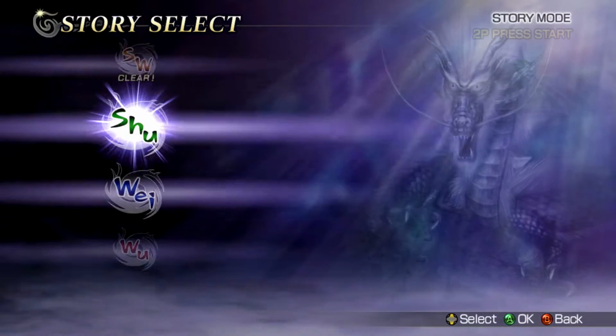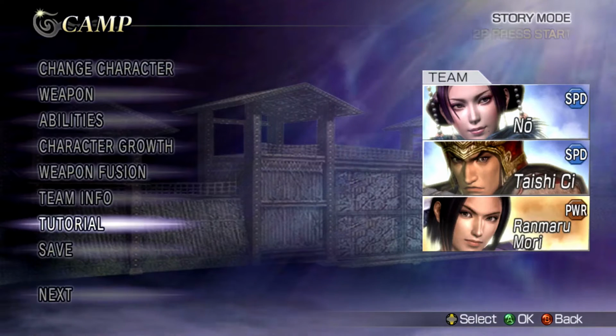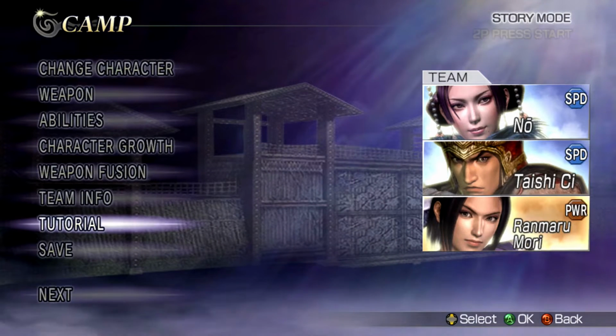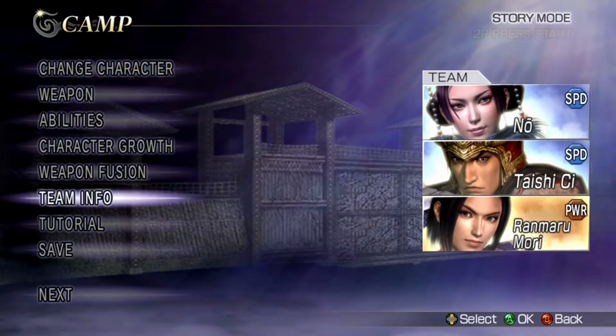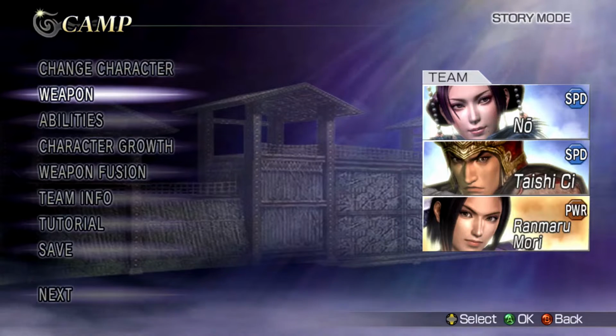So, we've been continuing the Wu campaign. And we've got a nice lineup of characters here. We've got Lady No, who was a lot of fun. Taishi is doing nicely. Ranmaru Mori, we've actually unlocked all his abilities now. I'm still getting that wrong. I mean, look at him though. But anyway,